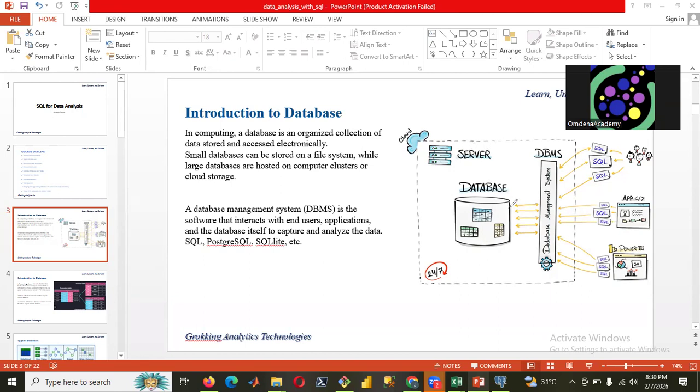So a database can be stored in a server. The server will host both the database and the database management system. With the database management system, we can create several databases, and then on these databases, we can have several tables that are connected. And then we talked about how we can use SQL